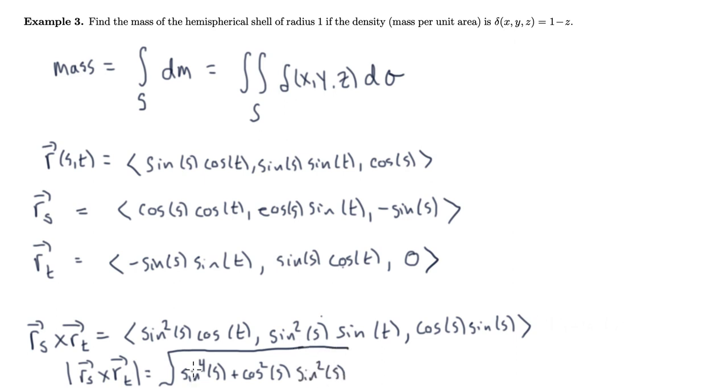But look at this. This is sine squared s times sine squared s, and this is cosine squared s times sine squared s. So I have a sine squared s plus cosine squared s, which gives me a 1, and so I'm just left with the square root of sine squared s, which